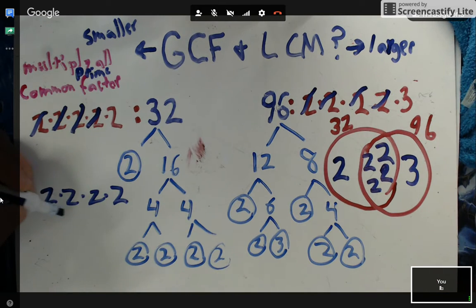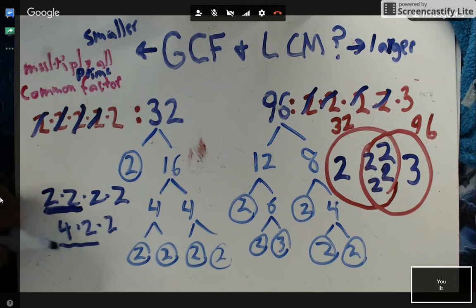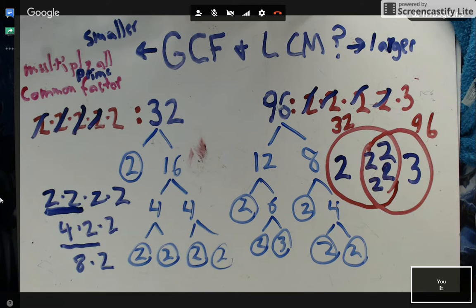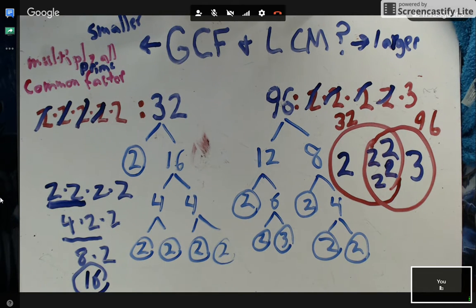Okay, underline, solve, rewrite, repeat. 4 times 2 times 2. 8 times 2. So my GCF is going to be what? 16. That's a lot of work for just a GCF, right? But understanding my common factors allows me to simplify fractions. It also, by extension, allows me to simplify division problems if you really understand what's going on. So instead of having big, gnarly division problems, you can make them smaller and more easily digestible. Okay, I'm going to